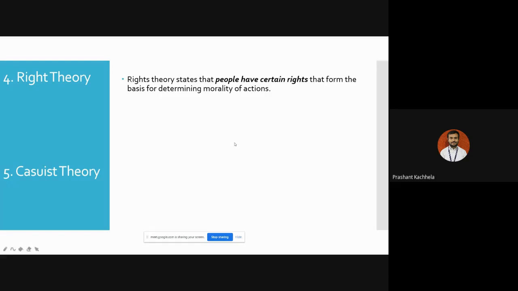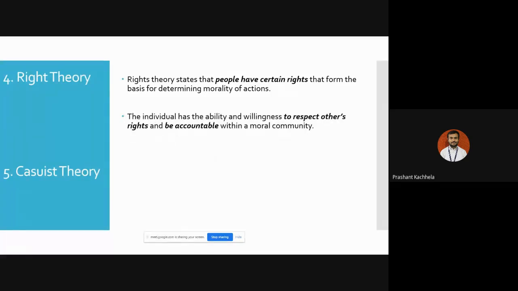But there is also one warning sign, which says that one should also check that others' rights are not getting harmed. That means you should also respect other people's rights. Whenever we are exercising our rights, there should be some accountability and responsibility that we also check whenever we are thinking about our own rights. It should not be our selfish motive only. There are a few rights which are given, but exercising them should not harm other people's rights as well.